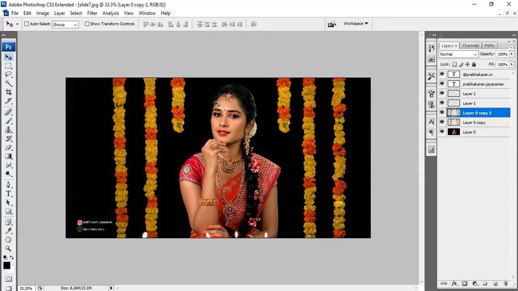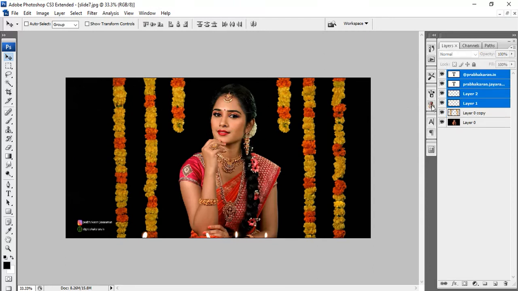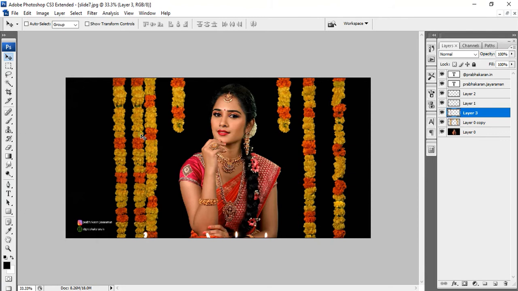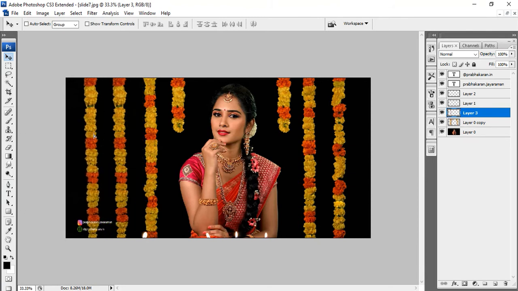I don't want the entire flower. For example, I'm going to take only this flower. And I think you know from the last video I explained how we can do this. Just Control J. When you do Control J, I am taking only this copy. See, I am moving this one. Likewise, I'm going to take a duplicate copy of this one. How do you do that? Just Alt-click and drag this one. So now one more layer is created.